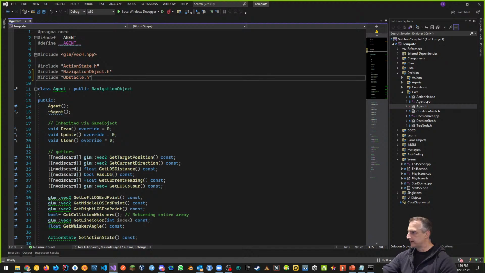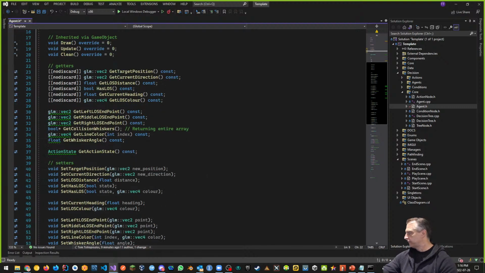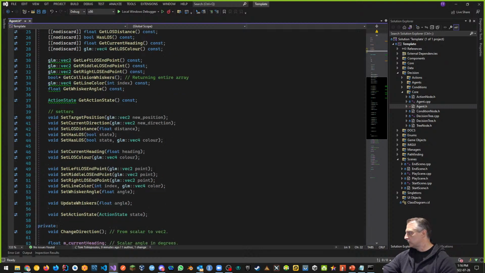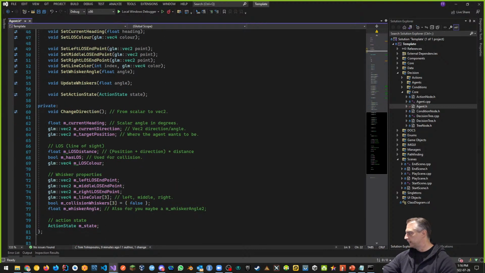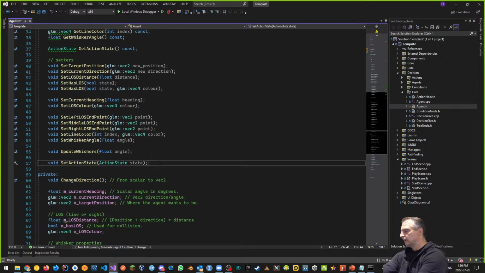So there's obstacle.h. And I'm going to start setting up the action functions, and we're going to talk about that. So set action and get action is cool, but if we look at all of this, we have an action state at this point. We have all the regular things we had, collision, whiskers, line of sight distance, and the current direction. None of that is really changing, but we want a new utility function that we're going to put in here. So this is going to be new